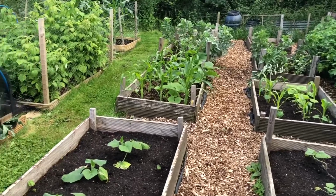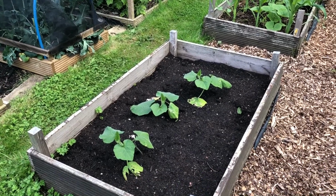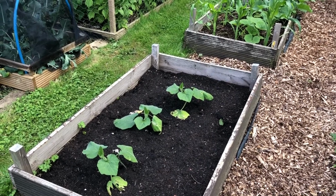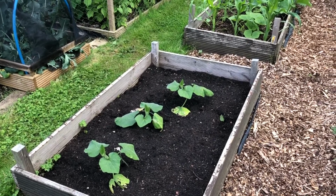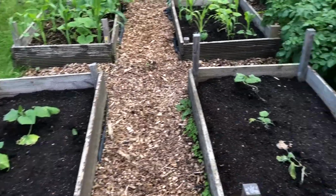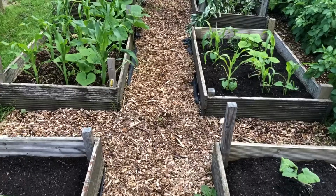Everything's growing up nicely. At the front here we've got 2 beds of pumpkins. So we've got 3 in each. The bed on the left is doing much better than the one on the right, which is interesting actually, because the courgettes last year were like that. So I wonder if the bed on the right is not quite as good. Might need to put some better compost in. But anyway, the 3 pumpkins on the left look really happy. Ones on the right, they're still alive, but they're a lot smaller and not quite grown as well, but maybe